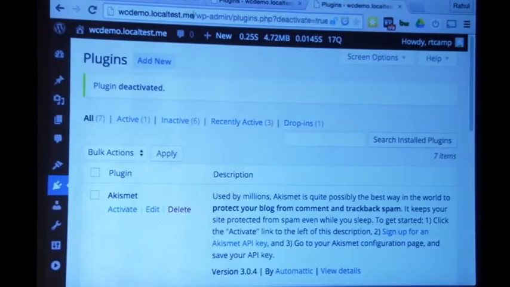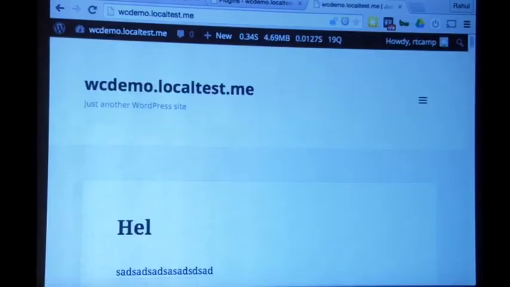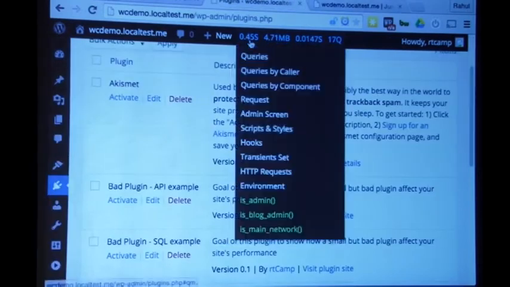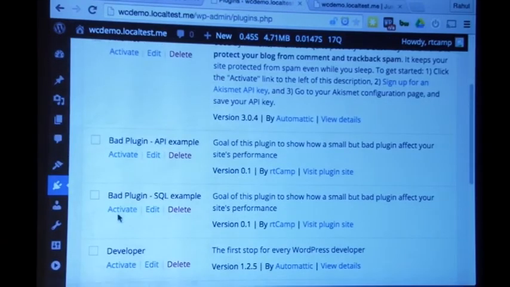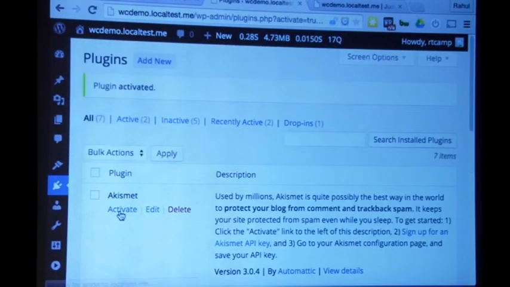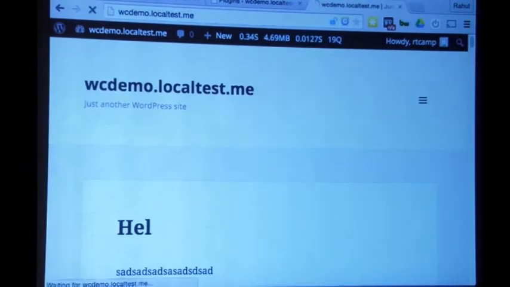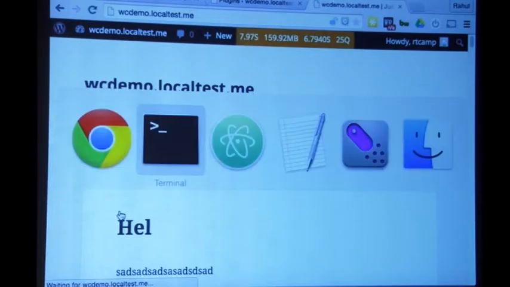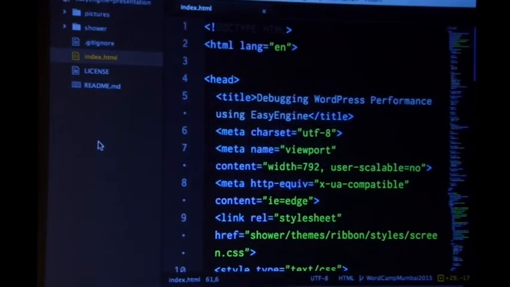First I will show you the home page again, just so that you can see it once more. It takes only 0.34 seconds. Now this is my first day in WordPress development, and I coded a really nice plugin, thinking it is nice. Let's see how fast it loads my site. While the site loads, I will take you through the plugin code.